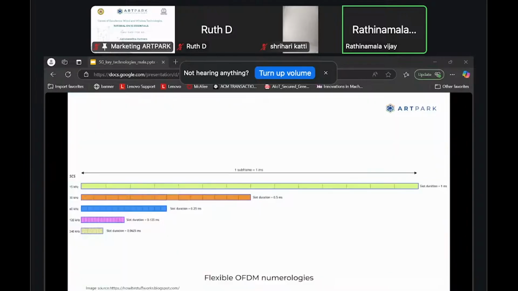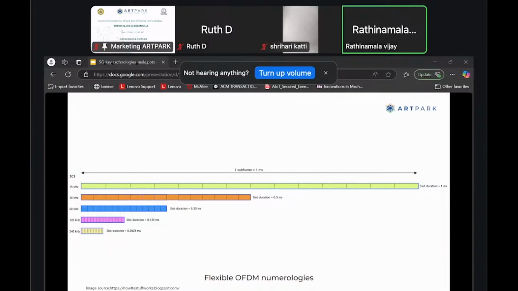While using such a flexible OFDM numerology, what can we achieve? Let's take the 15 kilohertz subcarrier spacing. The number of OFDM symbols for a user slot is 14 OFDM symbols, and it is fixed. So when a second user has to be scheduled, the second user has to wait for about 1 millisecond